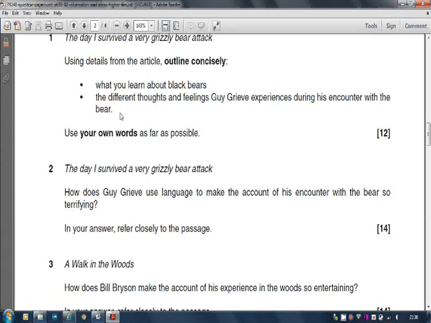And if I feel I haven't got an overview, I'm going to cheat like this. I'm going to look at my last point, which is likely to be about the ending of the passage, and I'm going to take an idea from that and rewrite it in my first point. And the easy way to do that is to say what effect Guy Grieve is trying to achieve. Okay, so hopefully that helps you with the timings for the reading paper.